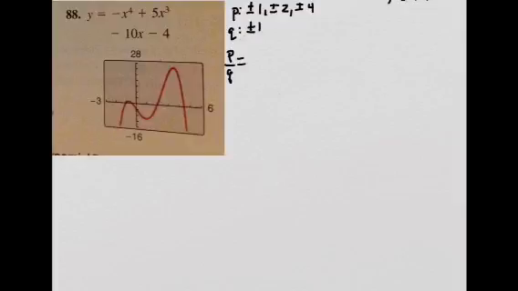As you can see here, the Q is plus or minus 1, so my P over Q list is going to be basically the P. Plus or minus 1, plus or minus 2, plus or minus 4. And based on the graph, it looks like the 0 is 2, and not